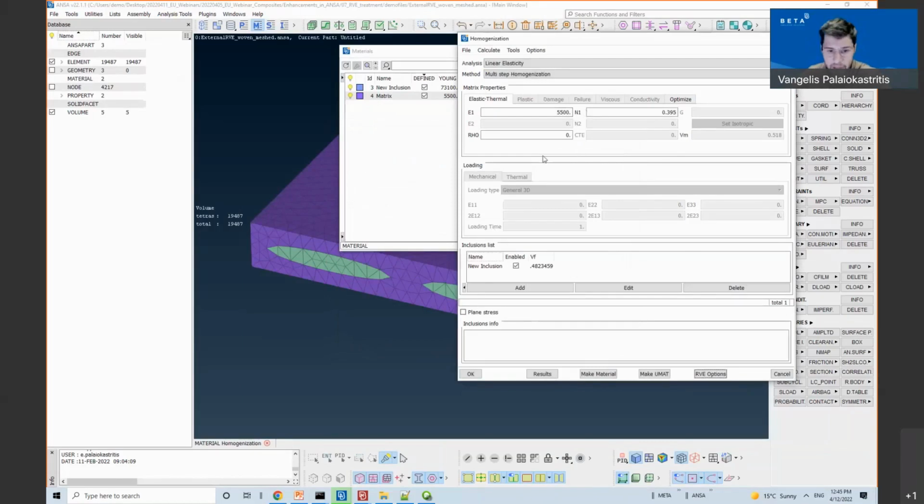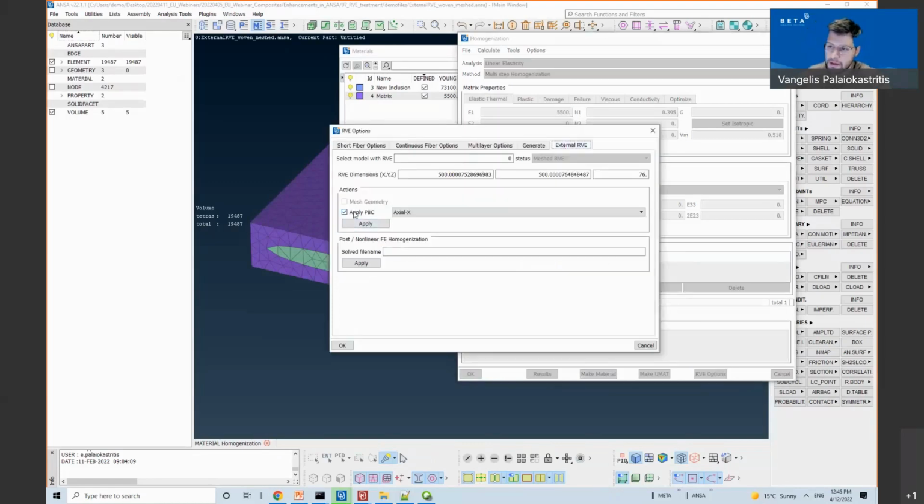Apart from that, during the attachment the tool also recognized the matrix properties and the inclusion properties, as well as the volume fraction. Okay.